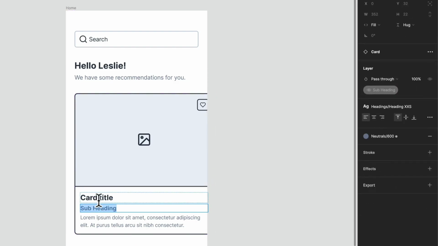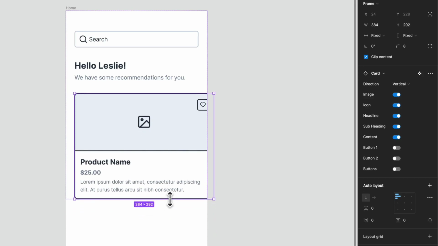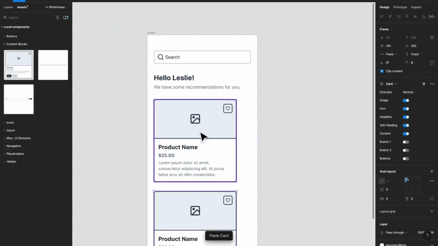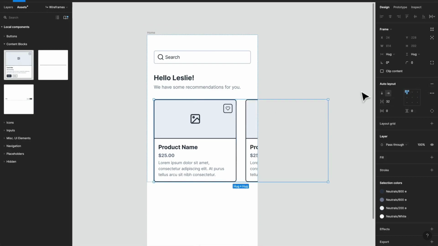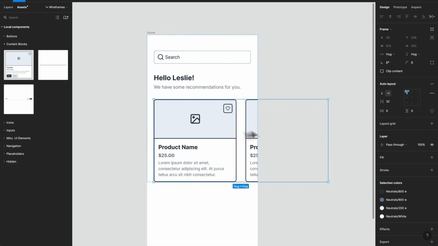And maybe we'll have a price here. So we can just change that to say $25, and we can call this the product name. And yeah, now we can actually just shrink it as we see fit. And now we have a product card. I'm going to make a copy of that. And I'm actually going to group them into an auto layout frame. So I just press Shift A while selecting them both. And there we go. We've created some sort of container here, which is essentially just a vertical scroll,